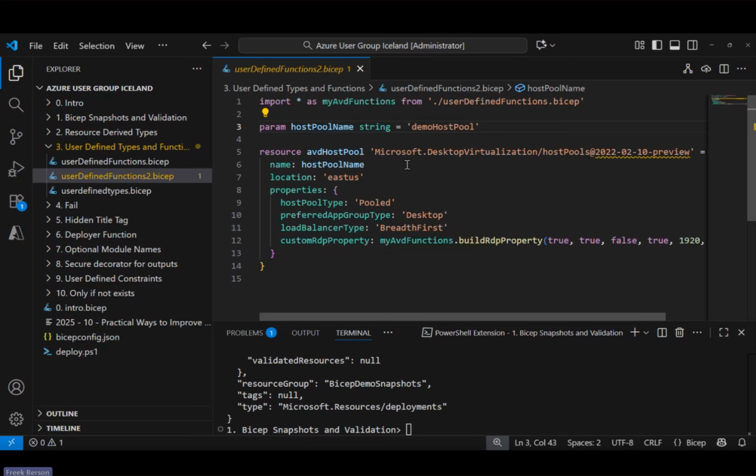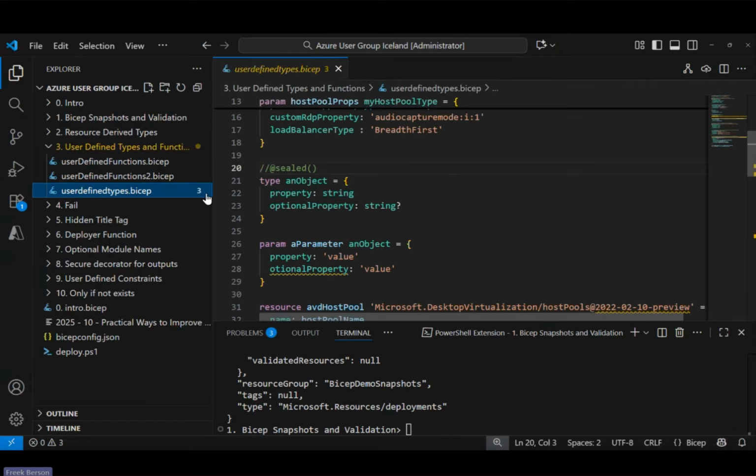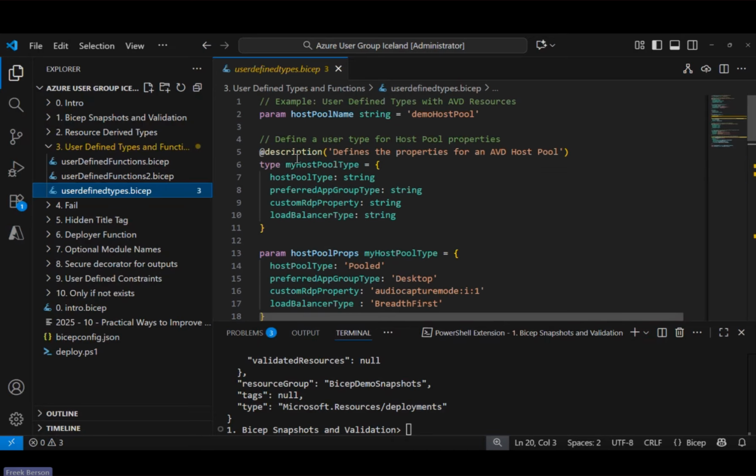So user-defined functions and types. It looks like it kind of allows you to separate your functions in a separate file, have people update that and do version control of it, and then use it within your other Bicep files. Almost like PowerShell modules, so to speak. Yep, exactly. And you can do the same thing with user-defined types as well. I didn't mention that, but obviously if you create a type here, I can also export to other Bicep files. And again, reusability is a really big aspect of the Bicep language.